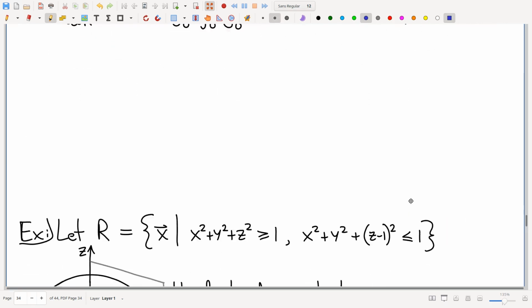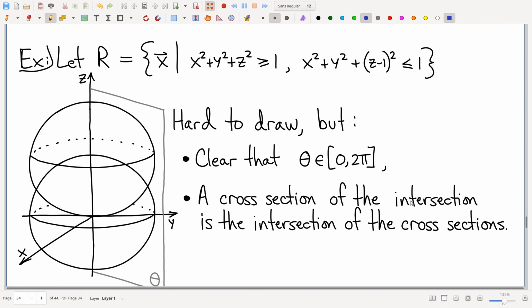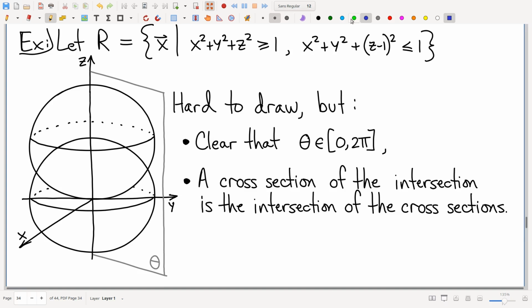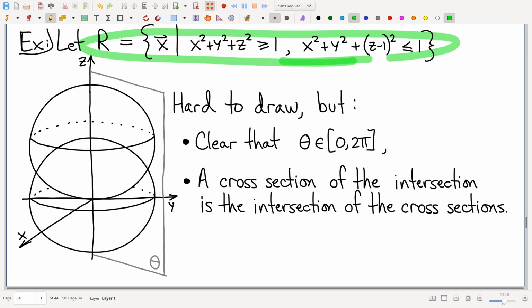Okay, last example I'm going to show y'all. Now, this one, it does have some algebra involved, and I'm not going to spend any time talking about that. Really, the reason I like this example is because of the really clever artistic trick that I'm going to use in relation to this. So first of all, let's talk about the set itself. You can see we're looking at what is inside of a certain sphere, but also outside of the other sphere, and altogether our domain here is